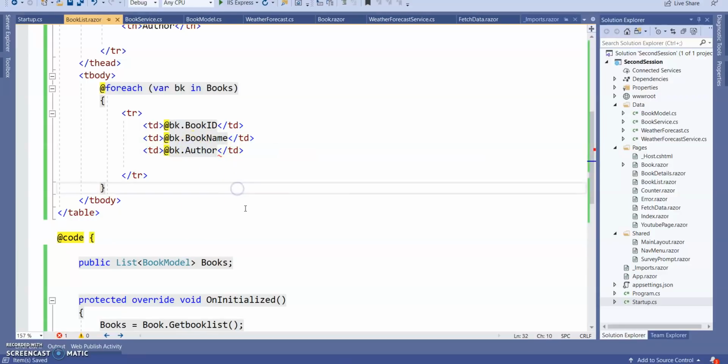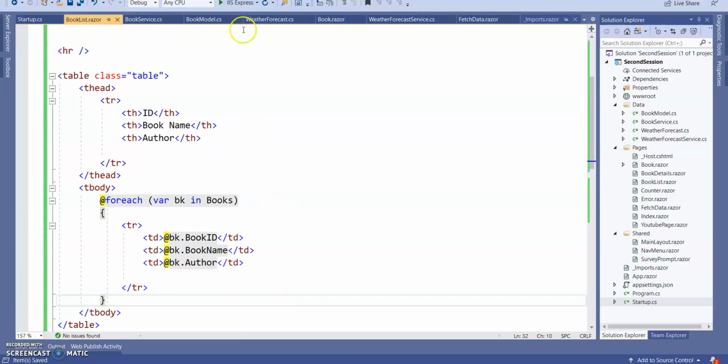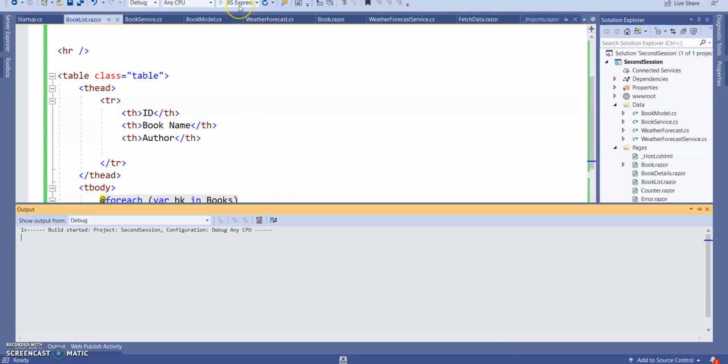And author. If no issue is found, run the application and see.